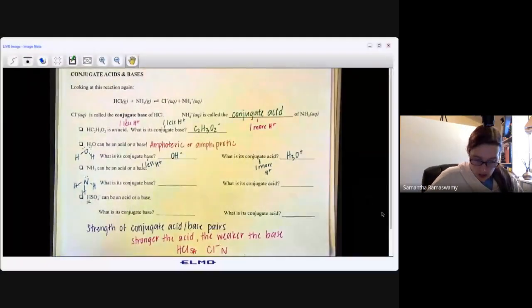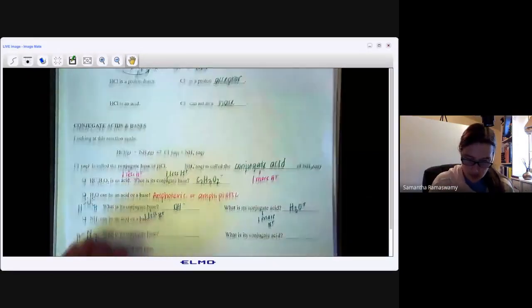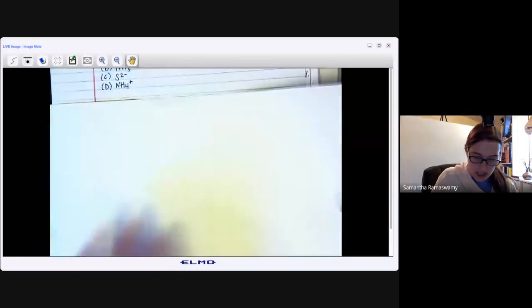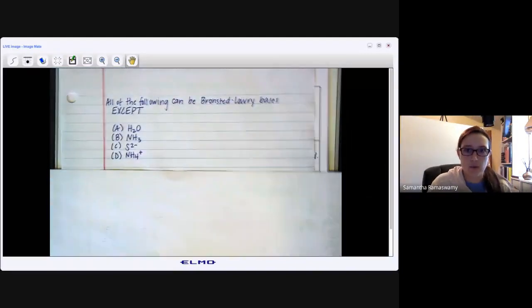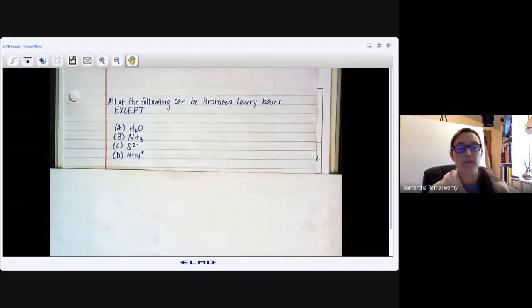So before we look at the definitions of strong and weak acids, I want to look at this sample multiple choice question. All of these sample multiple choice questions are not in the review document. I just wrote them on a separate piece of paper. I tried to use sample test questions or sample quiz questions to write these. So you won't find them in the review document. But if we take a look at this: all of the following can be Bronsted-Lowry bases, except,